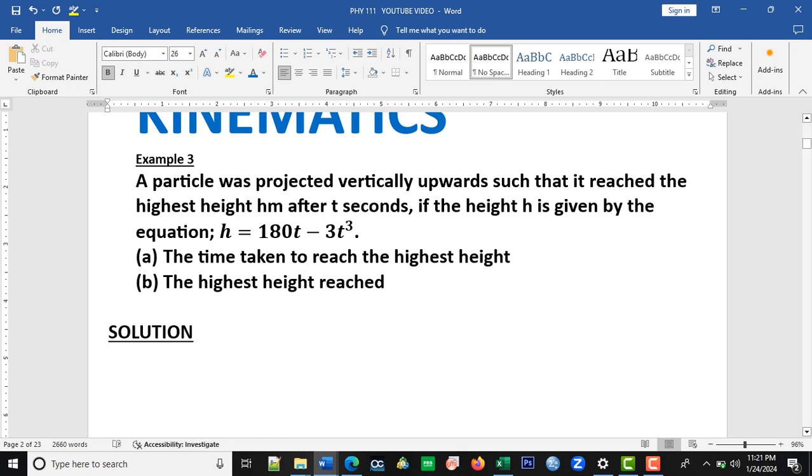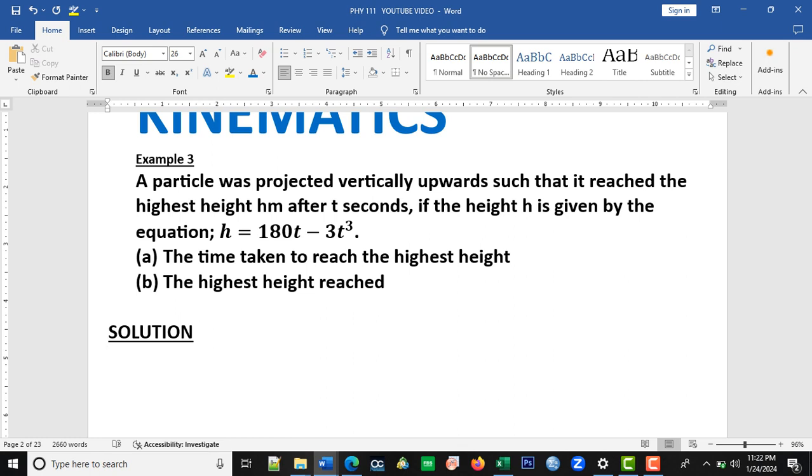You have to consider that at the highest height, velocity is 0. That should be the first thing that would come to your mind. And of course, for you to get the time taken to reach the highest height, you have to equate velocity to 0. Okay, so for us to also get the velocity, don't forget that we have to take the first